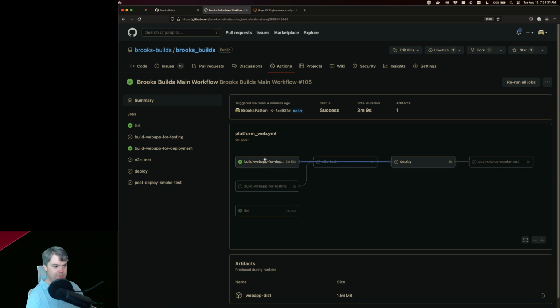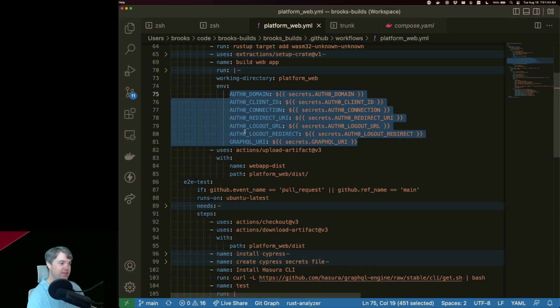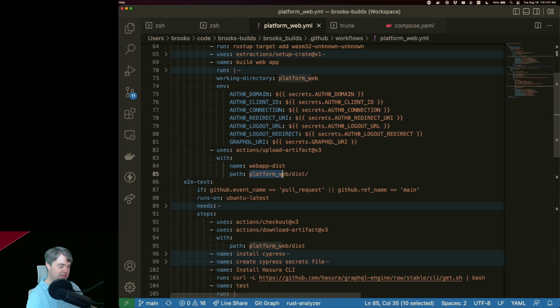Also, apparently I built it. Okay, so the workflow ran because I built web app for deploy and then didn't do anything with it. So I need to build web app for testing and deploy. I need to put them into different locations. So path, platform web dist. Oh, interesting. So this